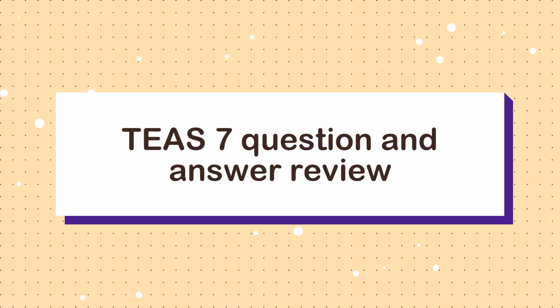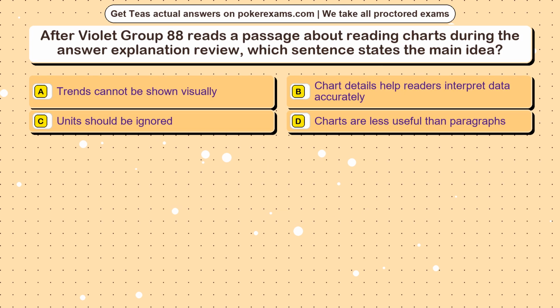TEAS 7 Question and Answer Review. Question 1. After Violet Group 88 reads a passage about reading charts during the answer explanation review, which sentence states